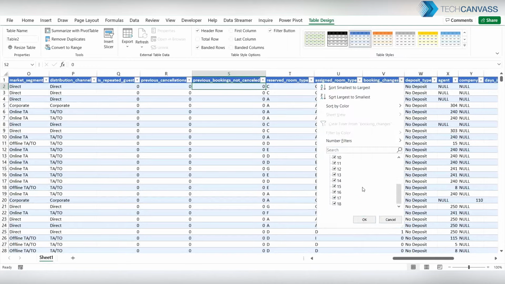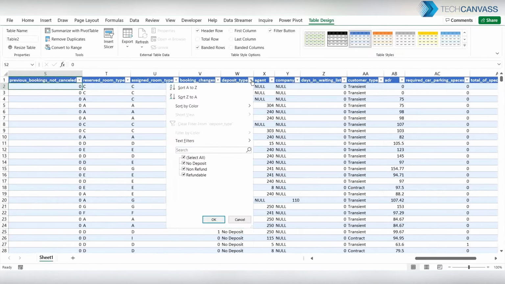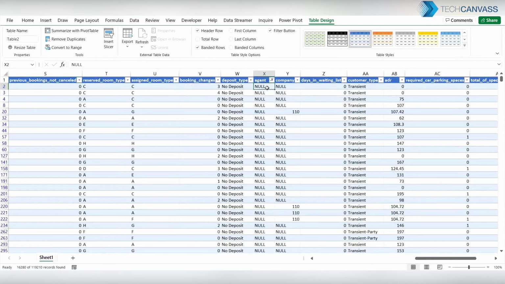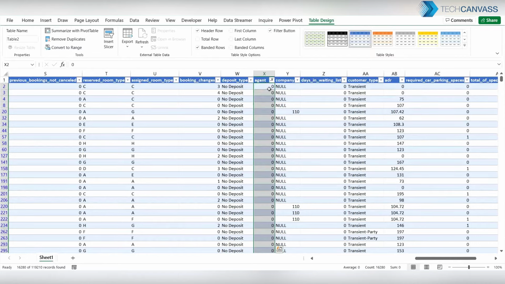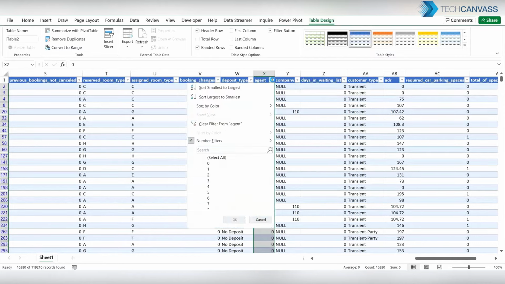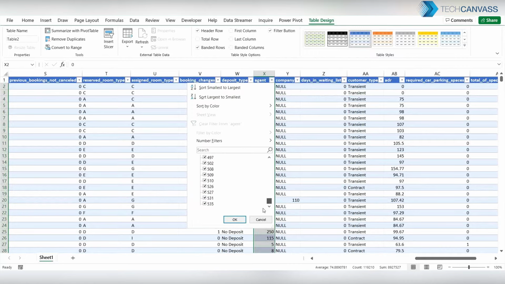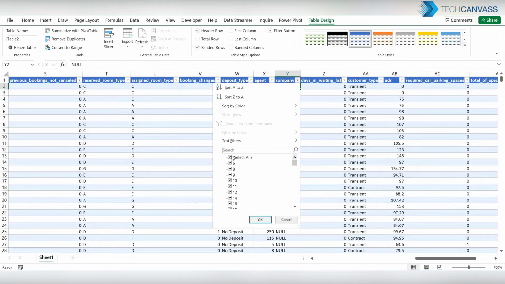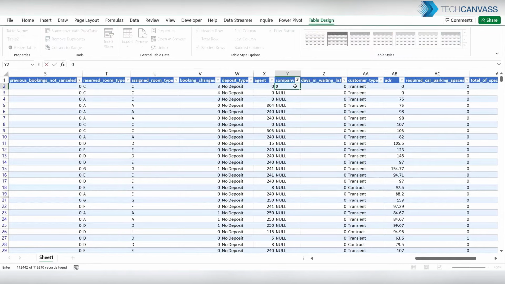We have the number of booking changes made by the customer, deposit type, agent. Okay, we see some null values for agent here. Let's go ahead and replace those with 0 because this will also be a code. So we'll just say that 0 is like there is no agent. Okay, so we have the values replaced now. Null is replaced with 0 and you can see there are no null values here. Same is the case for company, I think. Yes, company also, this is some abbreviated code and we'll replace null with 0.